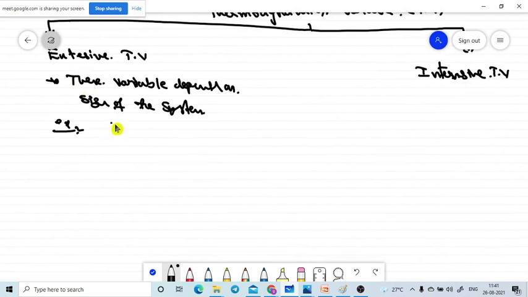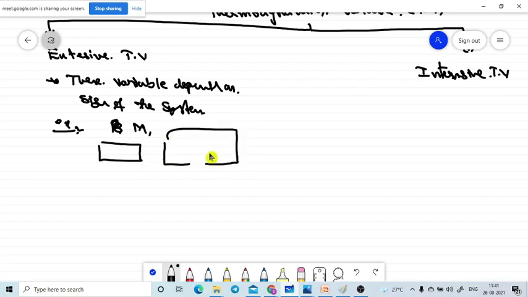It may be pressure. Pressure, no. If you take the mass, if you take more mass, the mass depends on the size of the system. If there is a bigger size, and a smaller size of the system, definitely the mass of the smaller system is a little smaller compared to the bigger one, M1 and M2.